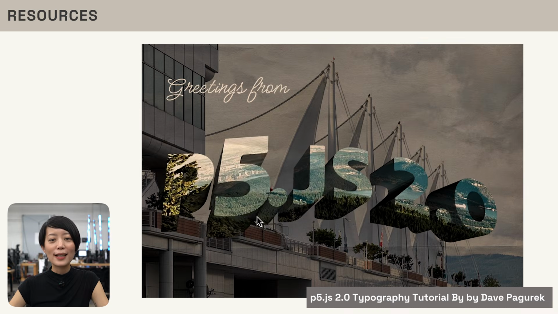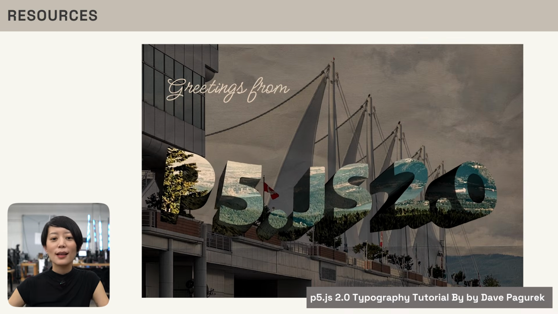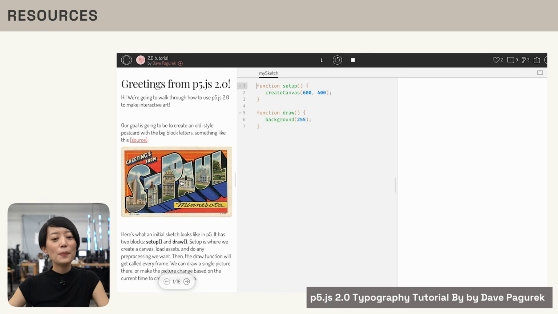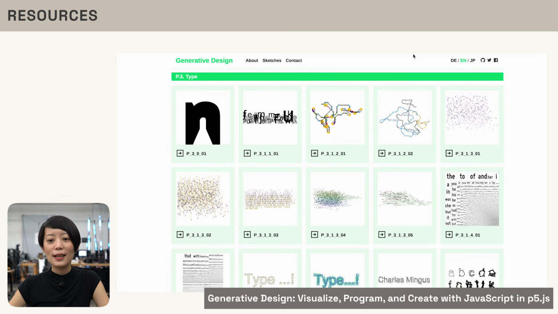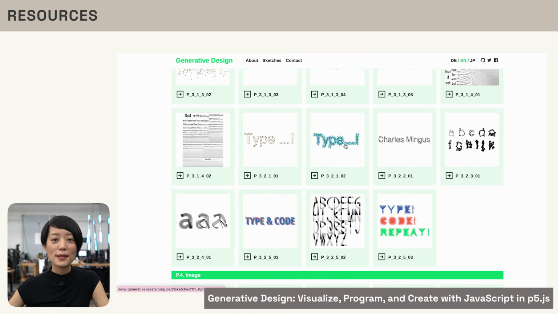There's so much more to discover in p5 version 2 when it comes to text. Dave made a really fun interactive tutorial to make vintage 3D text postcards using textToModel. I'm also a big fan of the Generative Design book, which has many cool type experiments coded in p5 0.7 back in 2018. With all the new features in version 2, I can't wait to see new iterations of the sketches. And speaking of inspirations, a lot of artists and designers have been making incredible work with text in p5,